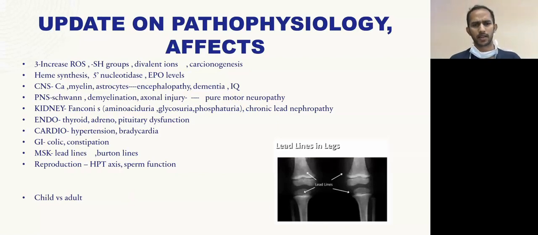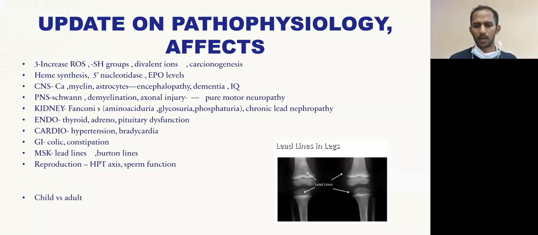In the central nervous system, it competes with calcium, which is involved in the exocytosis and movement of neurotransmitters. It impedes that. It impairs the myelin and causes destruction of the astrocytes, finally resulting in encephalopathy, dementia, even impaired IQ lowering in children. In the peripheral nervous system, predominantly a pure motor neuropathy, either by injury to the axon or demyelination,